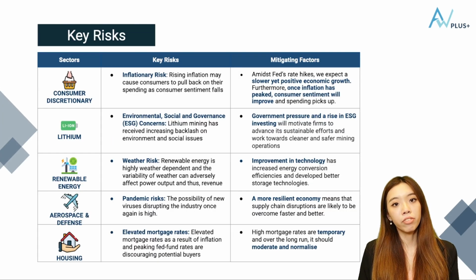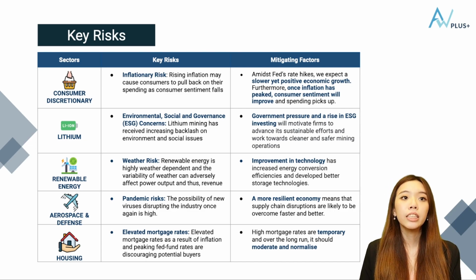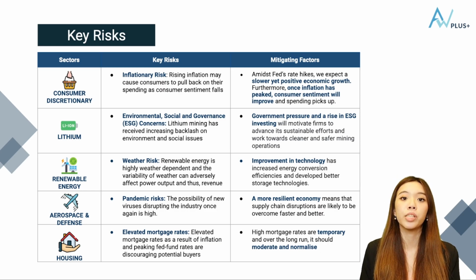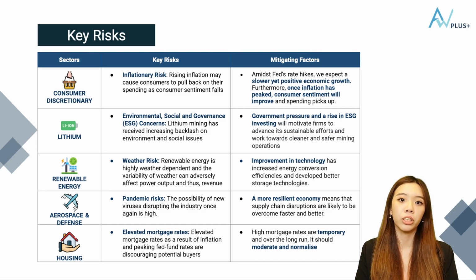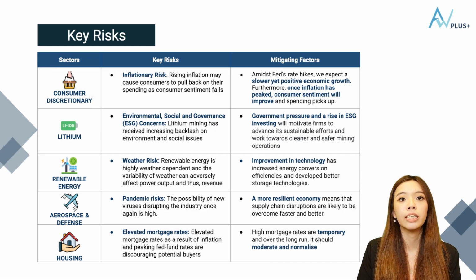All investments involve risks, and here are some key risks you should be aware of. In the near term, consumer discretionary is likely to be depressed by elevated inflation. However, we expect consumer sentiment to improve and spending to pick up once inflation cools. Lithium mining has received increasing attention for its adverse environmental and social impact. We believe that government pressure and a rise in ESG investing will motivate firms to work towards cleaner and safer